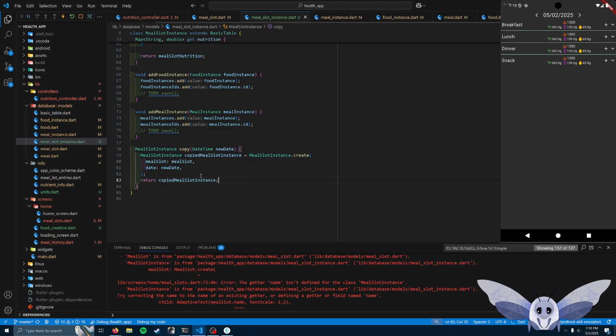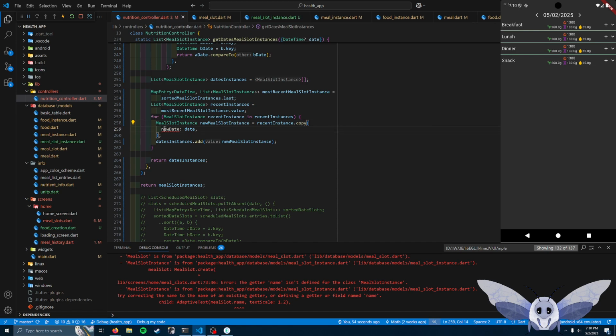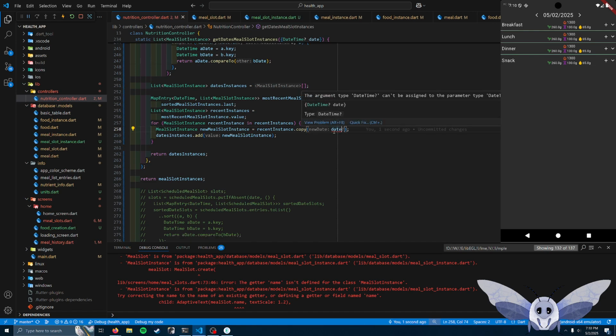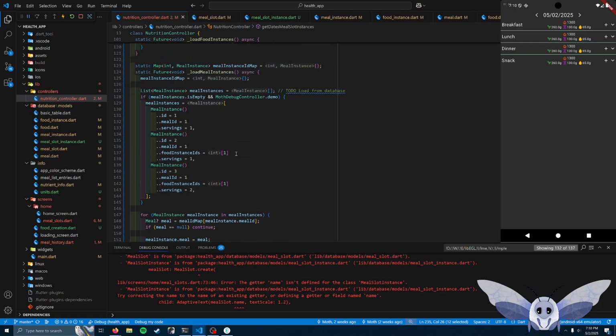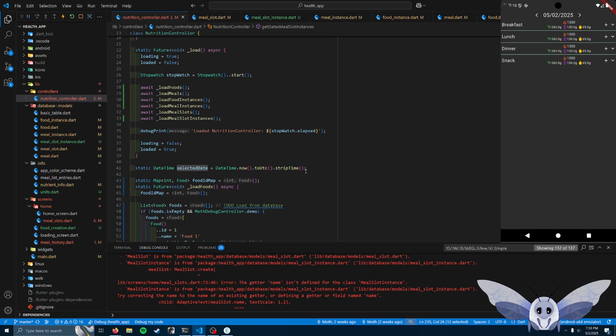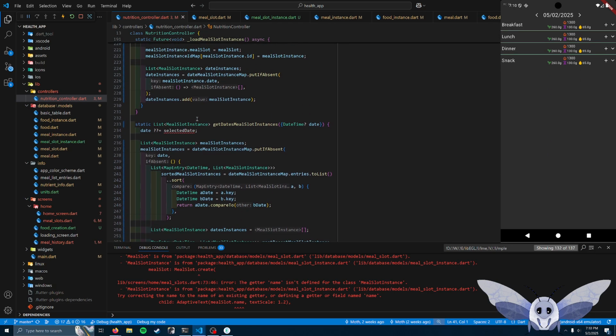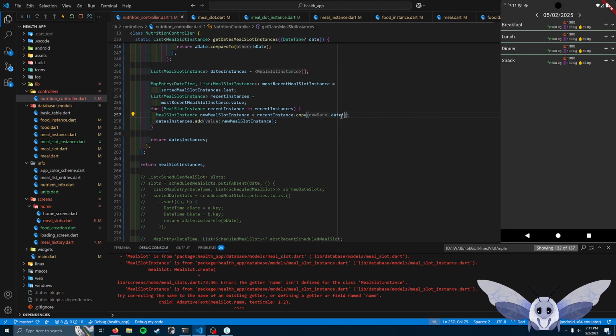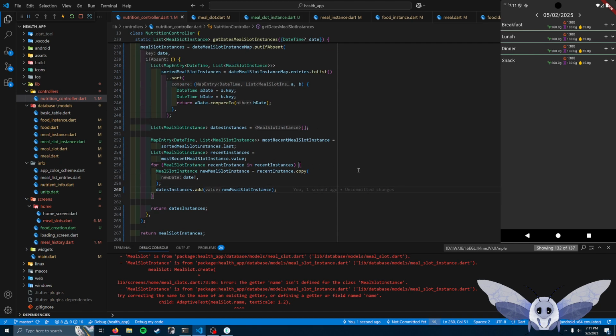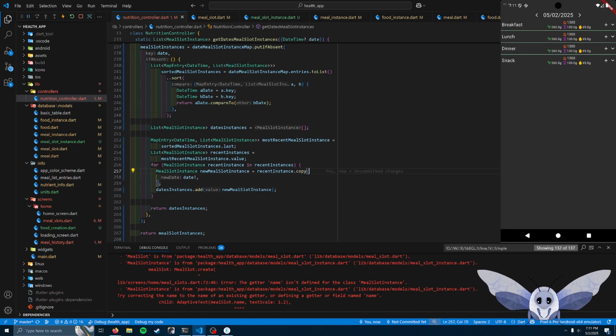And then we'll return that copied meal instance. And why is date not defined here? Let's move this down here so we actually know what we're referencing. And this should be non-nullable. Okay. Okay, now I think